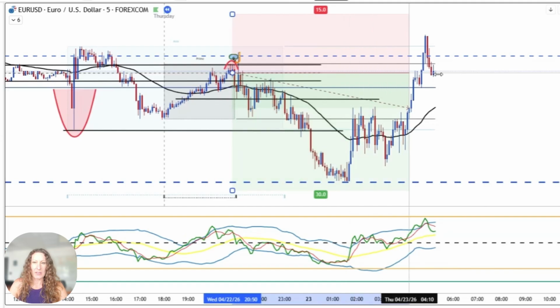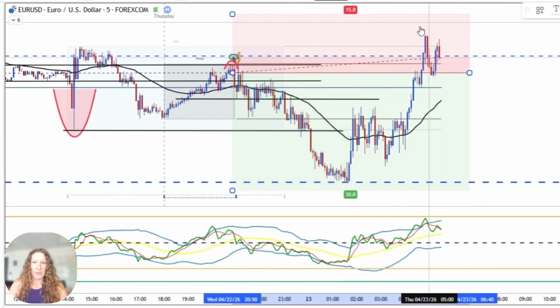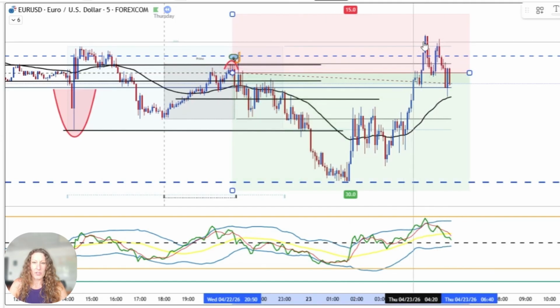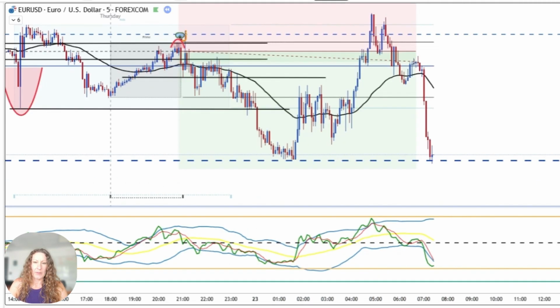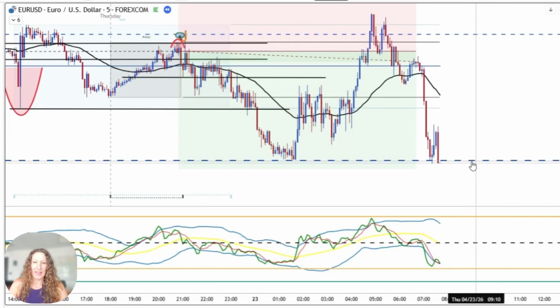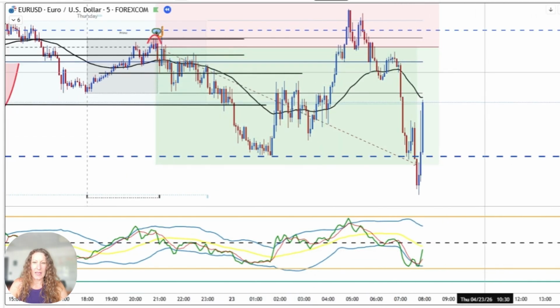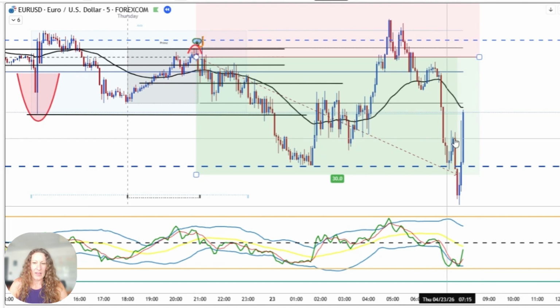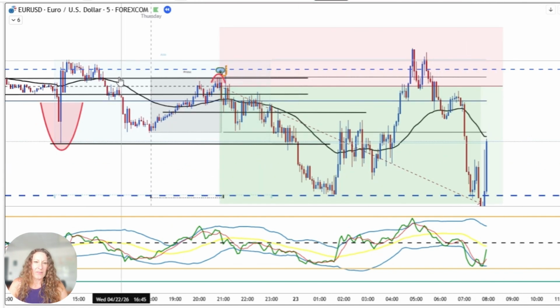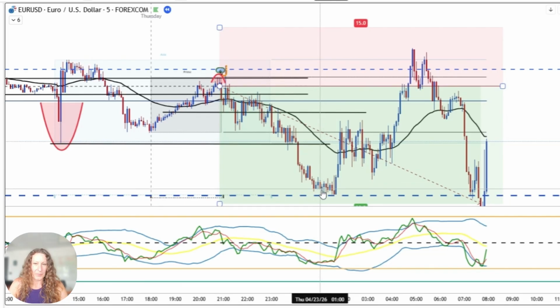Man, it came late in the session, but our stop loss held. Our trade is still good. And there we go. It comes back down to this daily pop out again. And finally we took profit. Okay, man, what a day. So this profit came at about 7 o'clock in the morning, my time. So if you would have taken the trade here at the very early, you would have hit your take profit here. Okay, and you would have missed all of this chaos, but that's not our prime window.